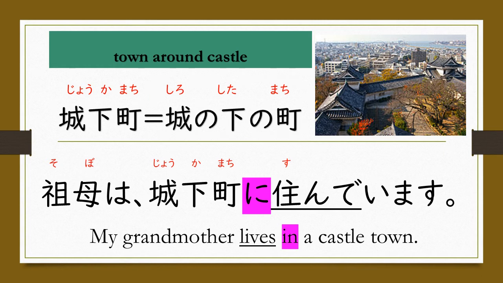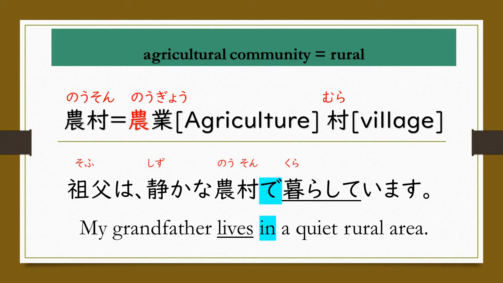Next, town around castle. Castle is 城。城下町。Kun reading 城の下の町。Castle under the town. 城下町。Example. 祖母は城下町に住んでいます。My grandmother lives in a castle town. 住んでいます takes particle に which is the place you live in. 祖母は城下町に住んでいます。